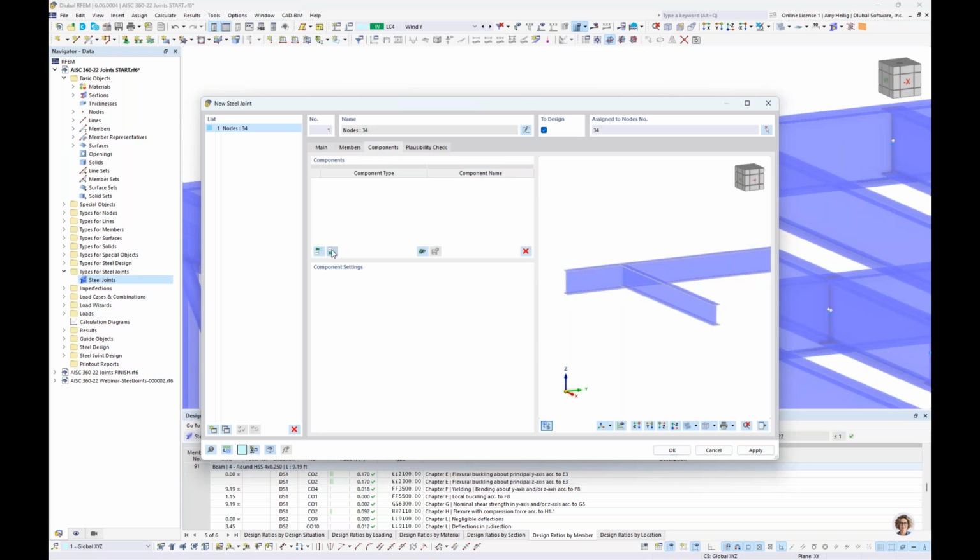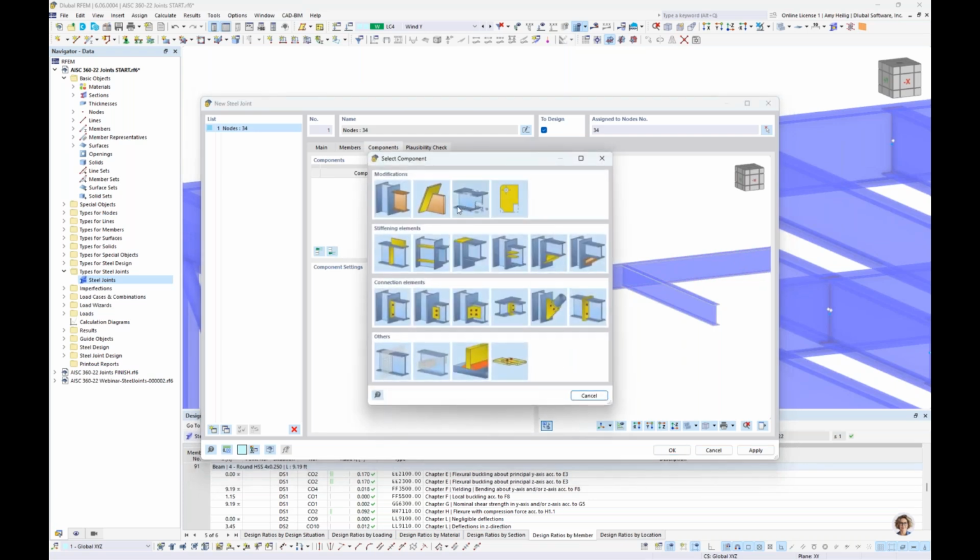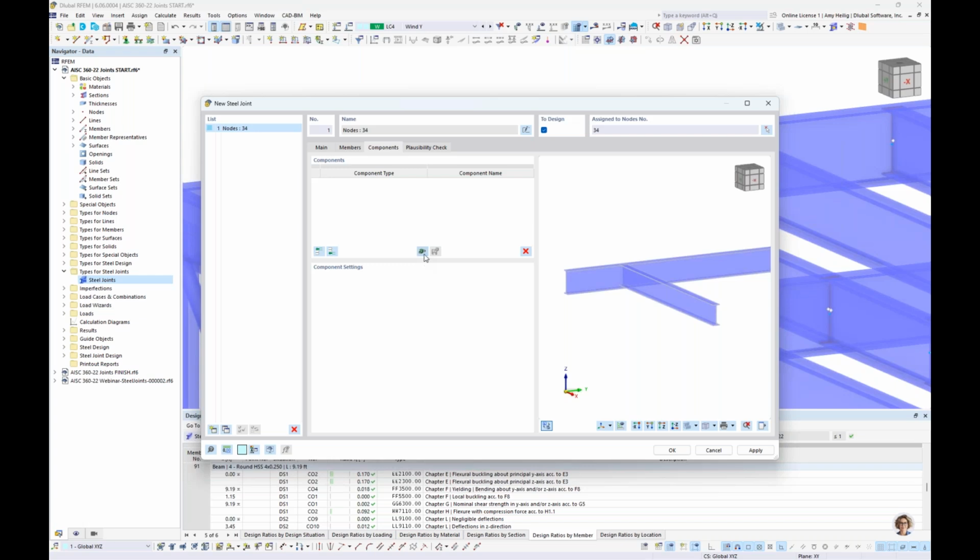So we can individually insert the connection components here. You can see the different categories where I can insert a plate, or perhaps I have a haunch, or maybe for this connection, we will take advantage of a cleat. Now, alternatively, we can also utilize our library. So if we launch the library,